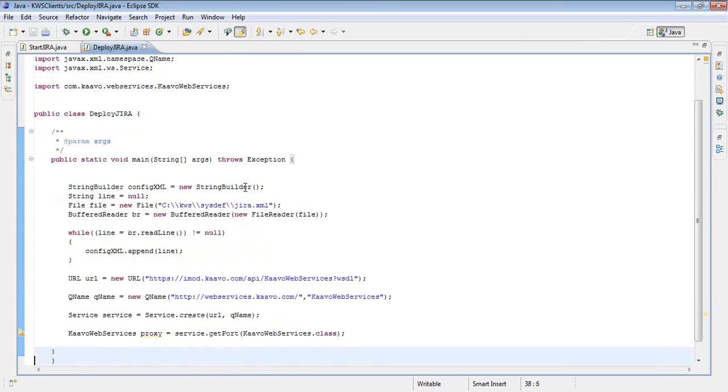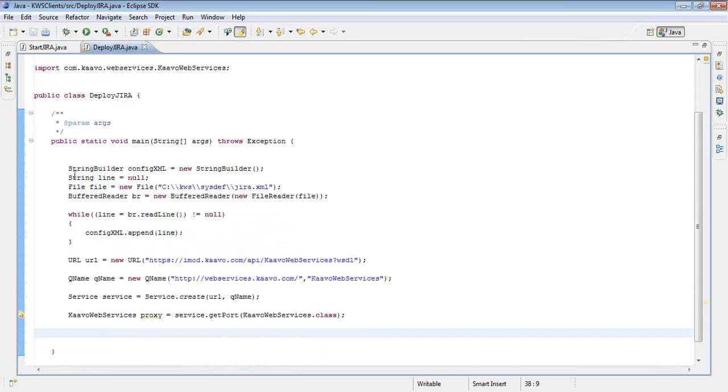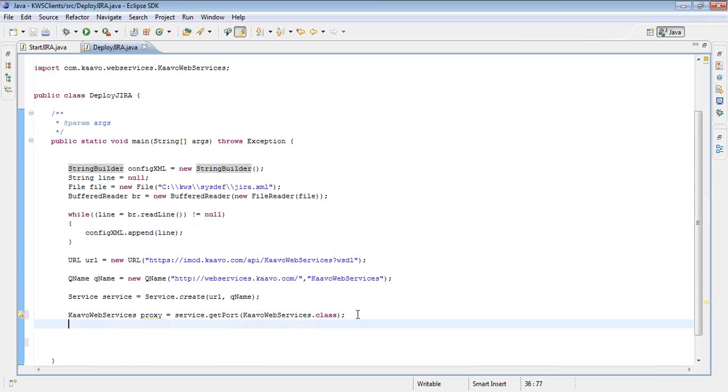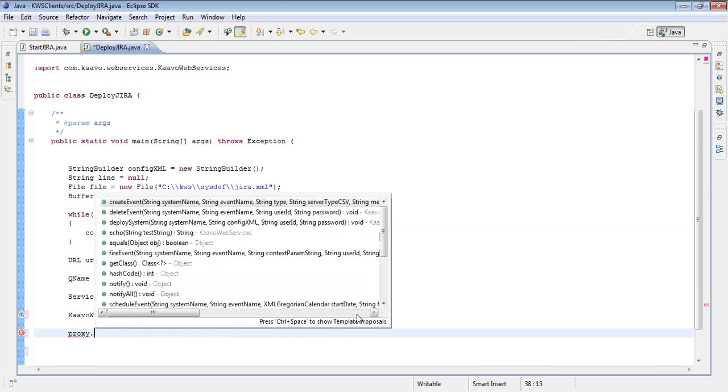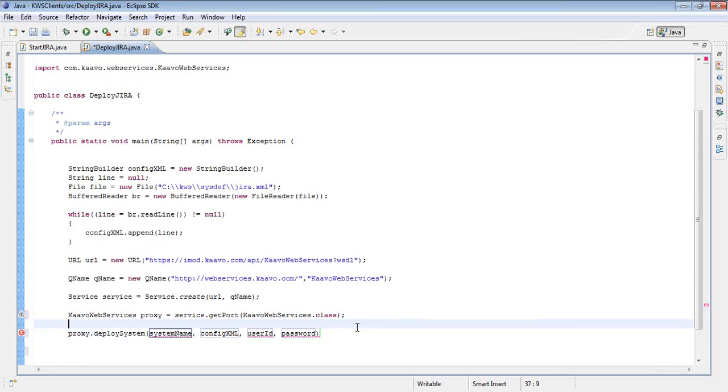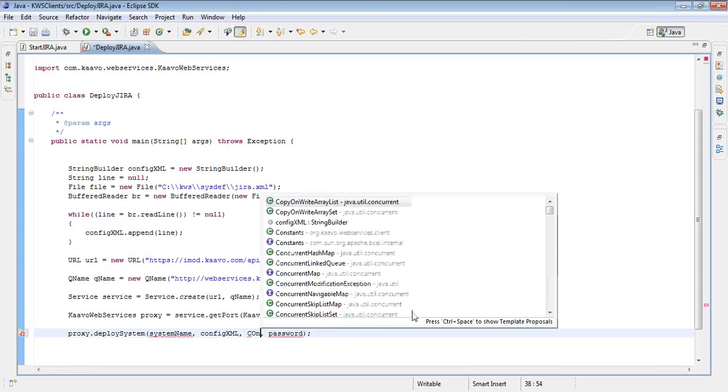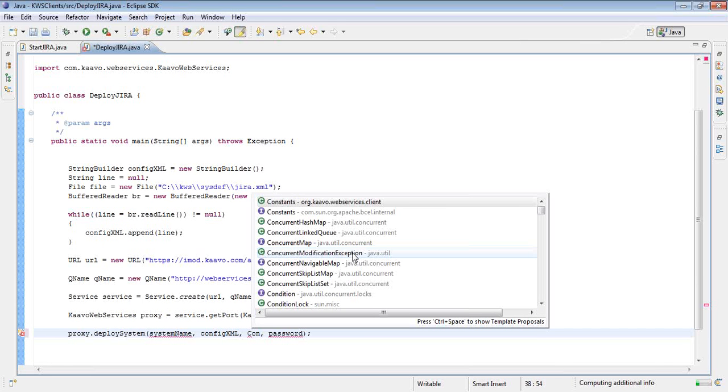So now using this code, what I did is I read the XML file from my local drive. Now I will make a simple web service call to actually deploy the system.